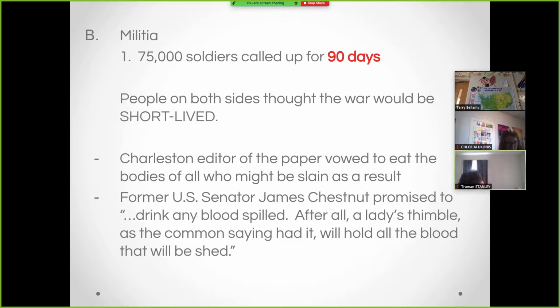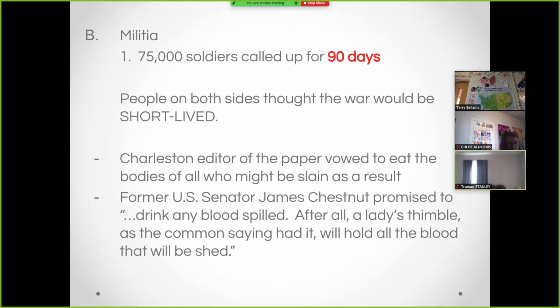Either it was just plain assumed that the war would be over within 90 days, or it was assumed that those 75,000 men are going to show up. We're going to hand them muskets or rifles. Rifles actually exist by the time of the Civil War, and we're going to send them into the battle with very little or maybe even no training. So, a lot of misunderstandings or misconceptions about the length of the war.